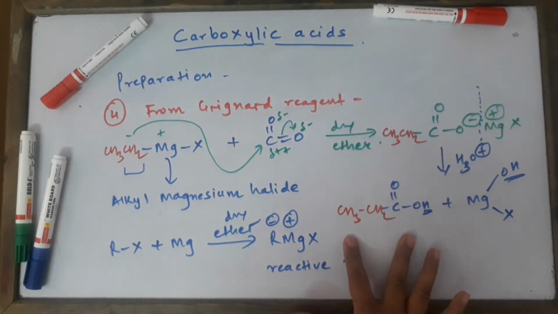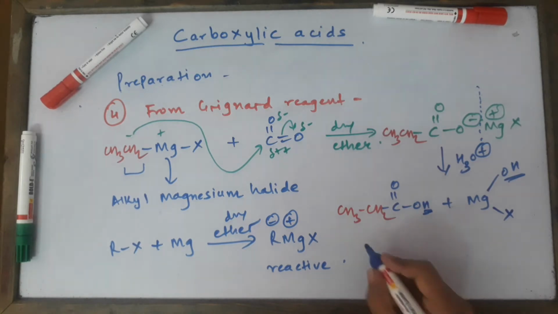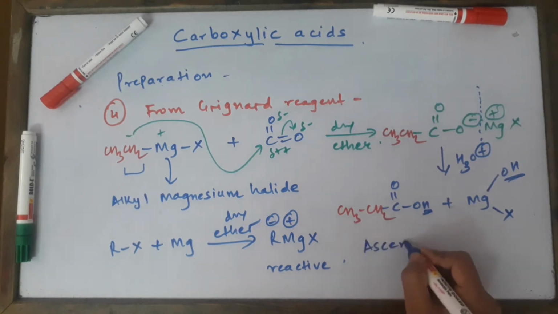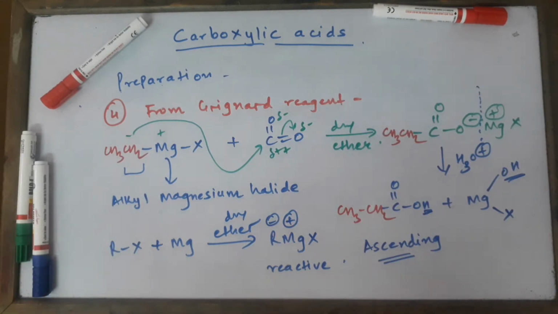So in such cases, whenever we see that in the products carbon atoms are increasing in number by 1 or 2 or more, then that is a splendid example of ascending the series. You are aware of this word, ascending the series. So kindly remember this. Ascending the series is a reaction where the number of carbon atoms are more in the products than the reactants. So we started with RX, for example, so we ended with acid having more carbon atoms.